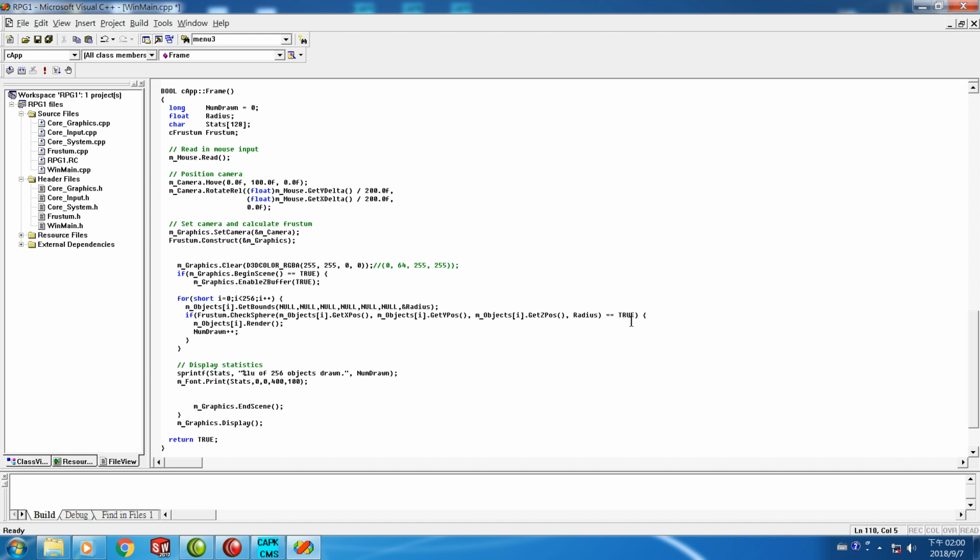If the answer is true, this monster is inside the pyramid of the camera scene area, then we let that object be rendered and number zone adds 1, and so on. If the accumulation of number zone is 60 at last,